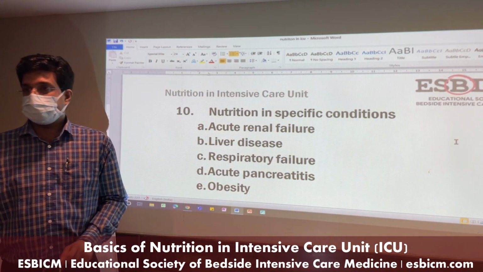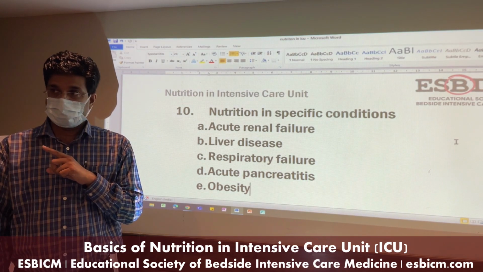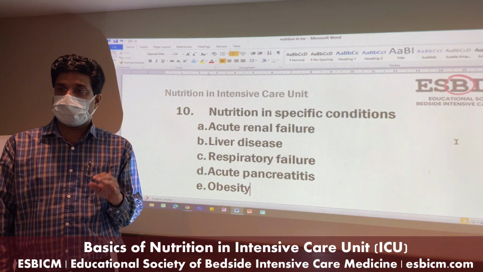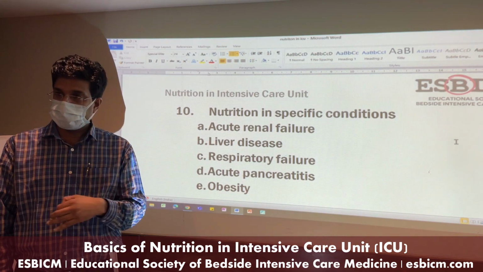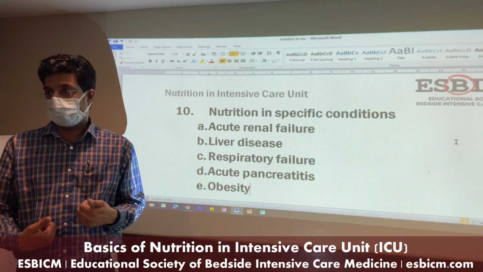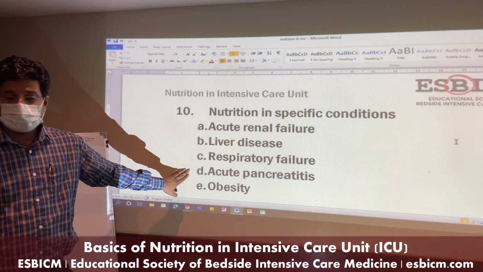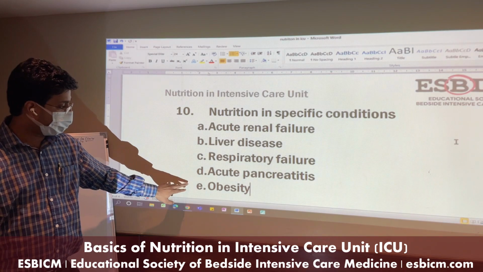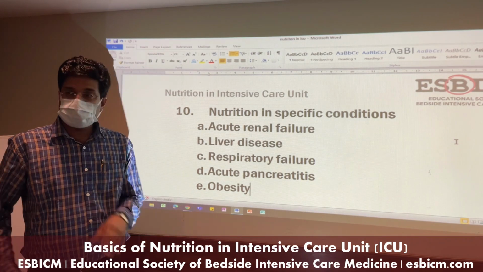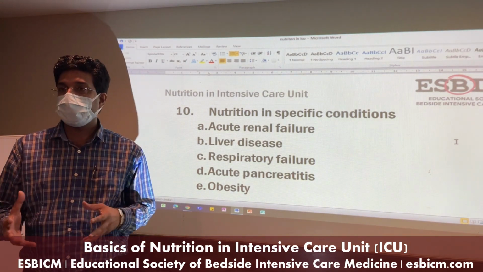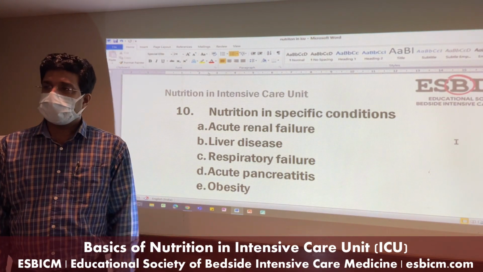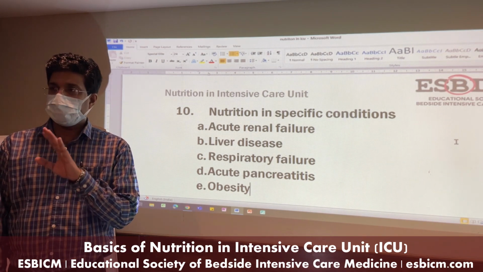Acute pancreatitis: earlier, parenteral nutrition was the cornerstone of therapy. Now it's proven everywhere that it's enteral nutrition. We need to feed the patient through the enteral route by nasogastric or nasojejunal tube, or at times they do a feeding jejunostomy also. So in acute pancreatitis, the enteral route is the preferred mode of nutrition. Obesity is also a sort of malnourished state. Nutrition has gone wrong, that's why lots of fat has built up. The calorie requirement is a little bit high, but don't underfeed. At least feed them normally.